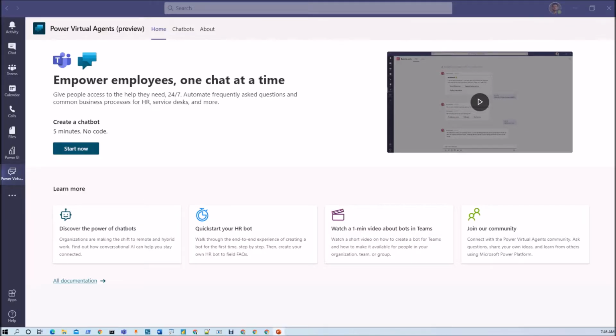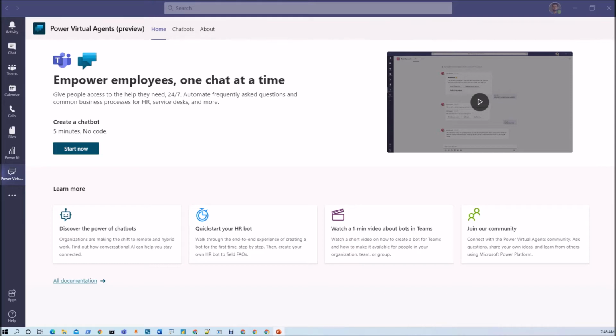In an earlier session, we discussed how we can develop our Power Virtual Agent chatbots in Microsoft Teams, right? Now, during this session, we are going to distribute our Power Virtual Agent chatbots at the organizational level as well as the Teams level. So now, let me explain that procedure in detail.